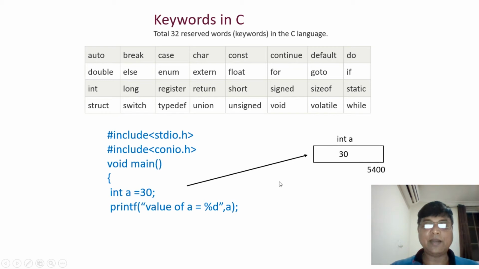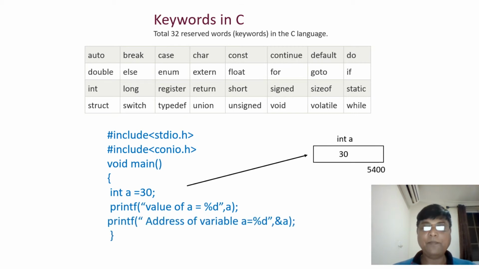If I want to retrieve it, I'm going to use the function printf. We have seen printf in the last program. Printf displays the message on the screen. It's not only displaying, it also has the capacity to retrieve information from memory. If I want to display a message, I can put it in double quotes, but here I'm using %d, which is a formatted string. It means in this location I want to print this particular variable a. So %d is the type for integer. The moment I say %d, it indicates that the variable holds integer values.